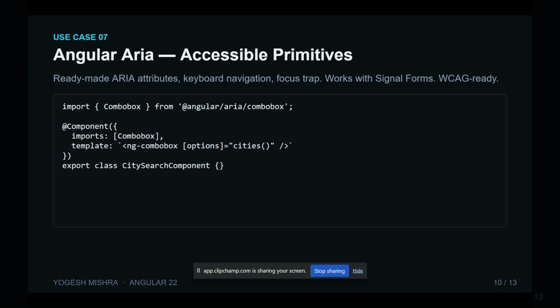Last practical use case, accessibility. If you have ever built a custom dropdown or a combo box from scratch, you will know manually wiring ARIA attributes, handling keyboard navigation, and implementing focus trap, it's very easy to get these wrong and hard to test. Angular Aria gives you ready-made accessible primitives, and it also works